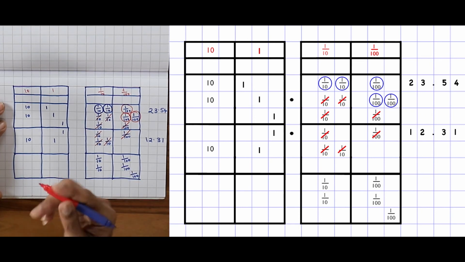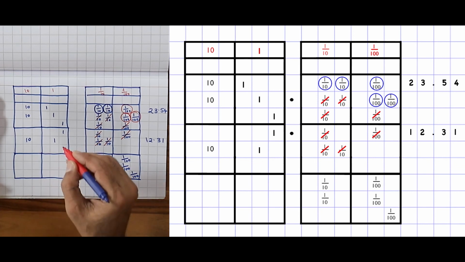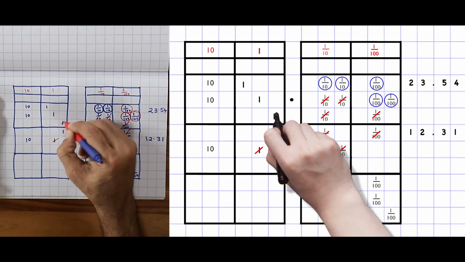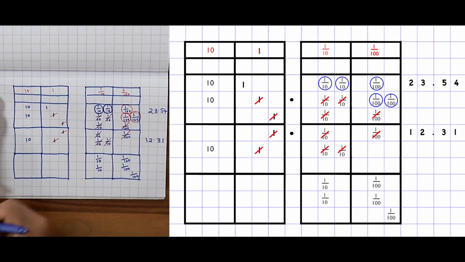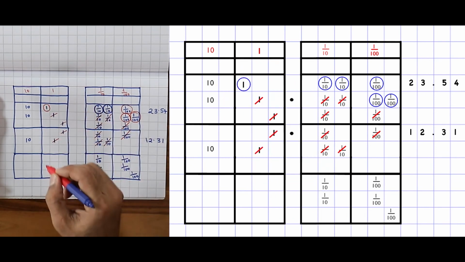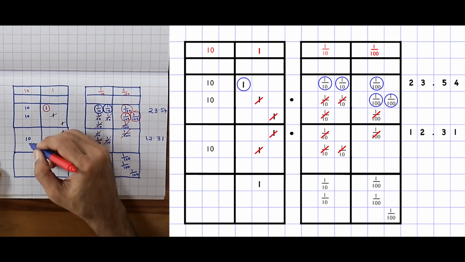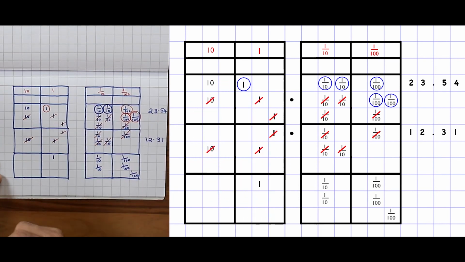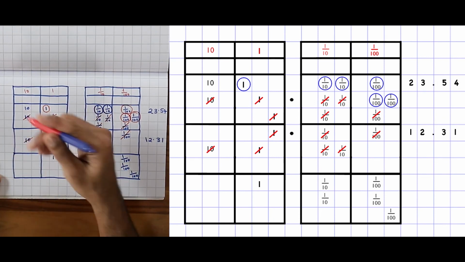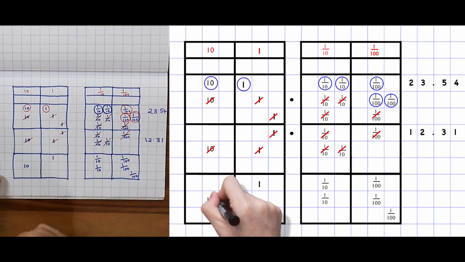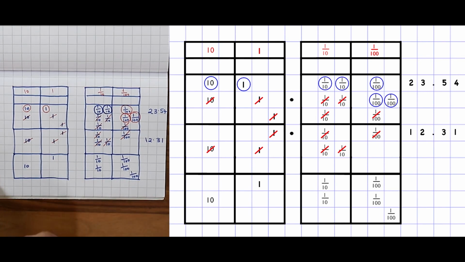Similarly, how many units? We have to remove 2 units from 3. 1 unit, 2 units. How many are left? 1 unit. Let us write it here. Similarly, what do we have in the 10th place? Only 1. We had 2 tens and we removed 1 from it. How many tens are left? Just 1 ten is left. Let us write it here. We can write anywhere in this box.